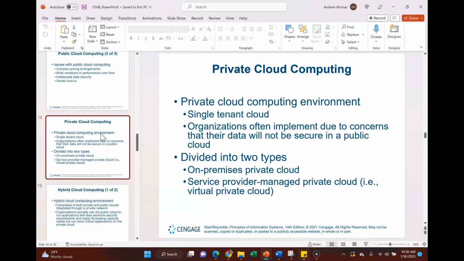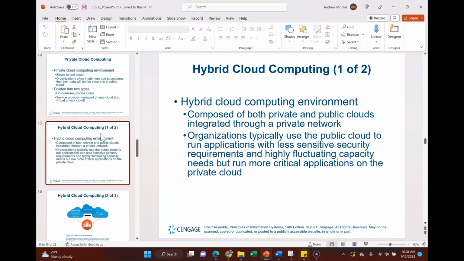Okay, another option then is hybrid cloud computing. And this is really a mix between the private and public clouds integrated over your own private network. There are further variations. I mentioned multi-cloud. So say you're using two cloud service providers like AWS and Google or GCP, right?